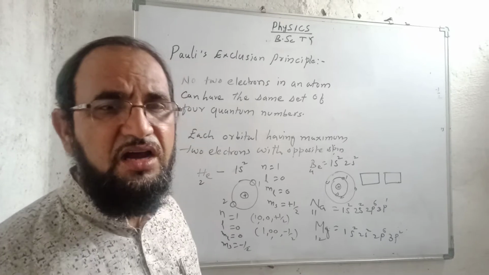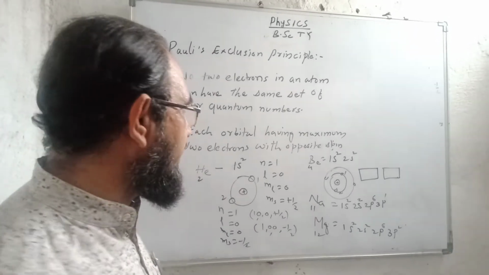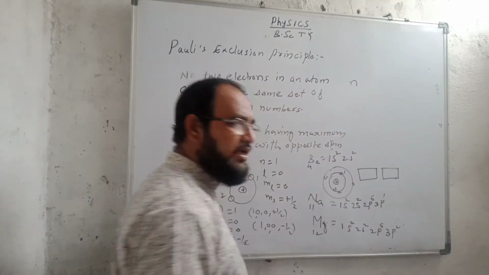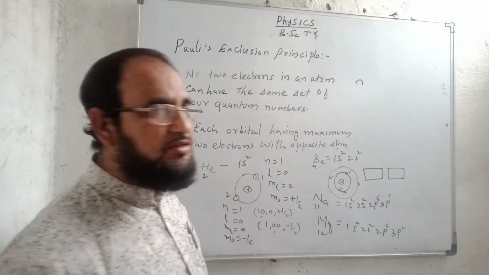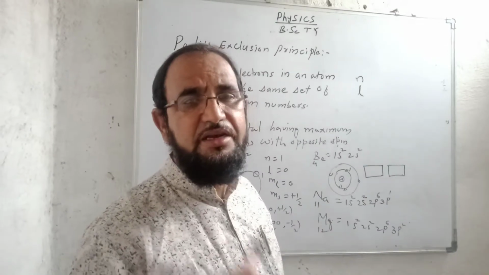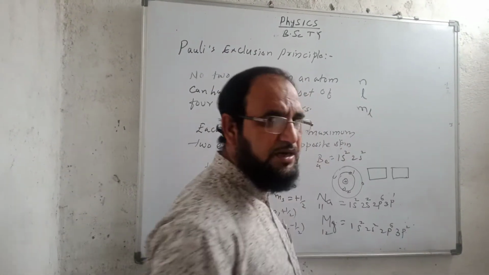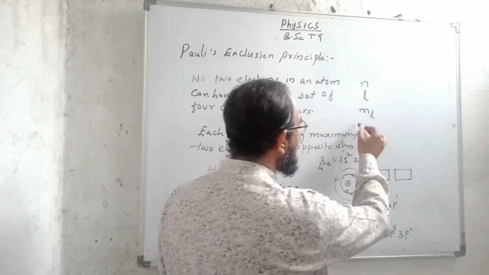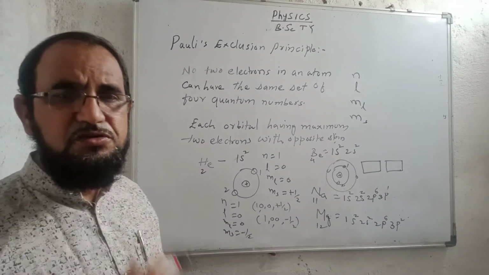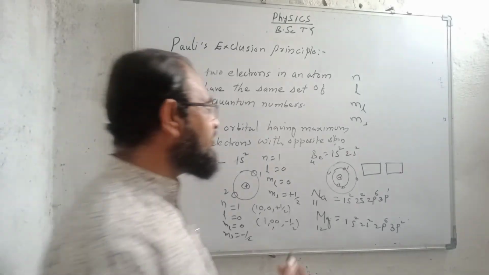That is, there are four quantum numbers which are associated with an atom, and these quantum numbers are the principal quantum number n, the azimuthal or the orbital quantum number l, then there is the magnetic quantum number ml, magnetic azimuthal quantum number ml, and there is the magnetic spin quantum number ms. These numbers are associated with the orbits or the shells s, p, d and f and so on.